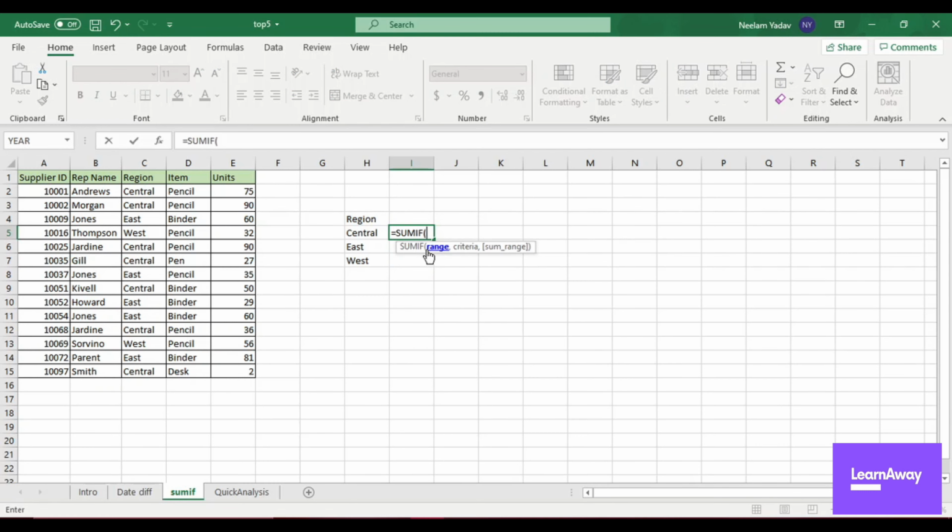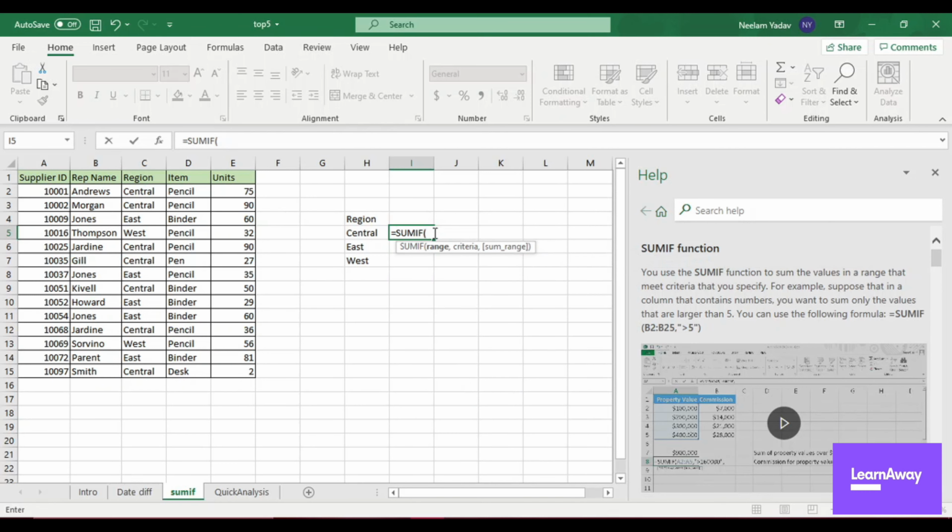I will double click on this. We'll have to first give the range. So I want to give the range as this. Like you'll have to give the range of the input that you want to put criteria on. So I'll select the range. Then you'll have to give the criteria in double inverted commas. So you'll have to give equal to, and I want to select the region as central. Then I will close it, give comma, and the last is sum range. So this is the value that I actually want to sum based on the criteria. Click enter here. So I got the sum of the units which are present for central.